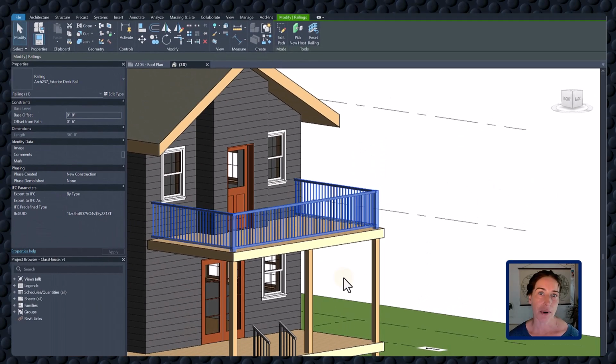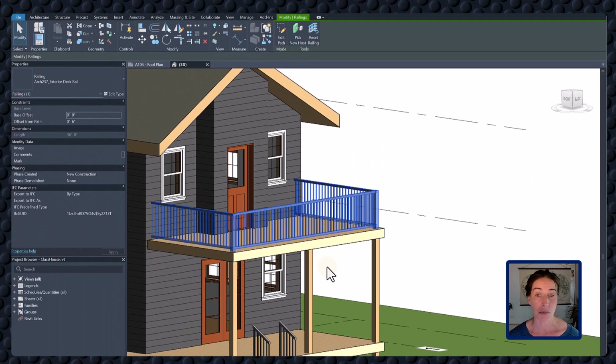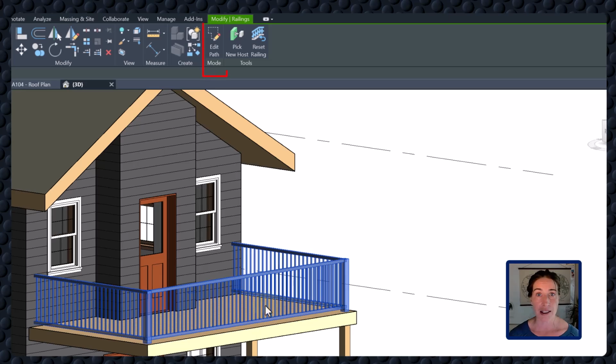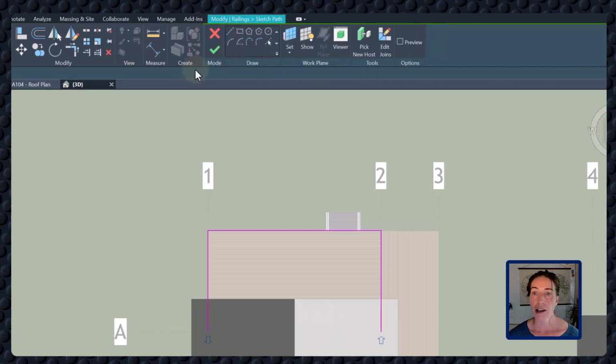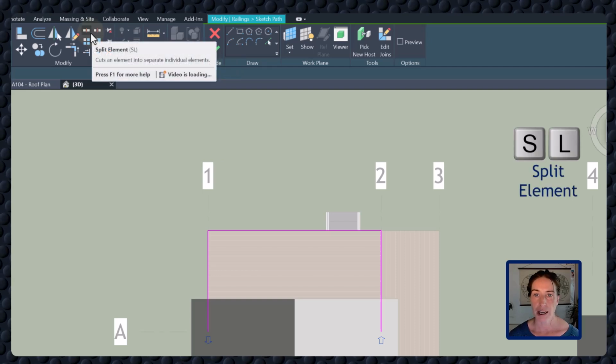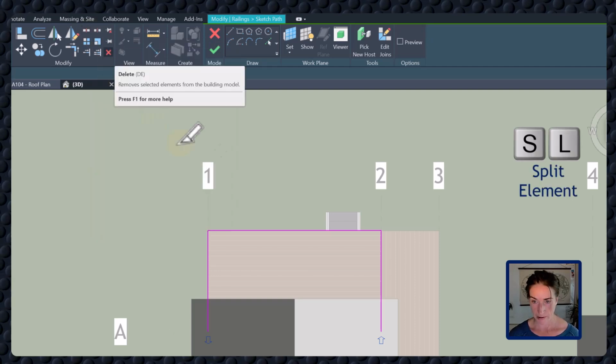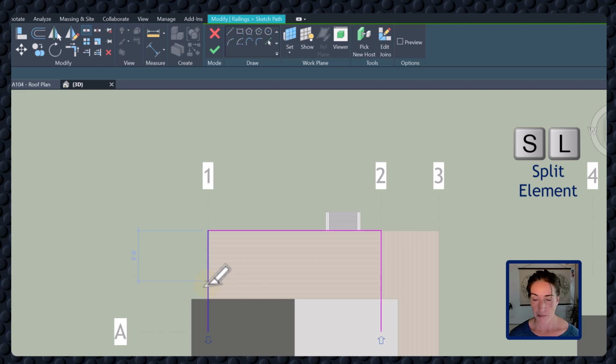In order for our railing to meet code, we need to have a few more posts in this. I find one of the easiest ways to do this is go into the Edit Path button. I can go to the Modify tab and find Split Element. I can also type SL. If I split my railing,